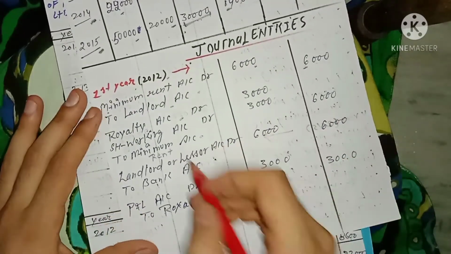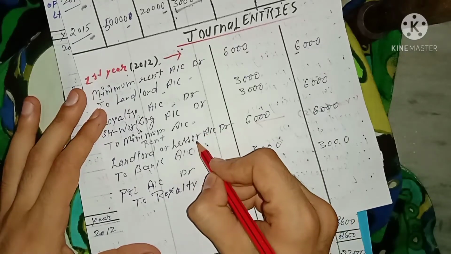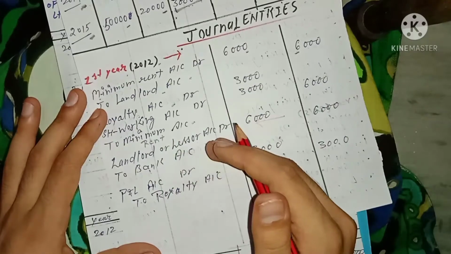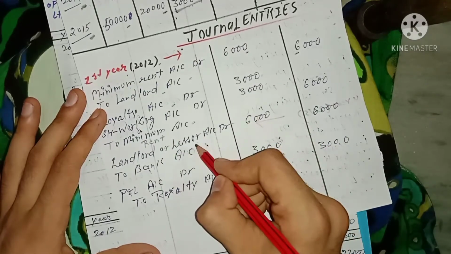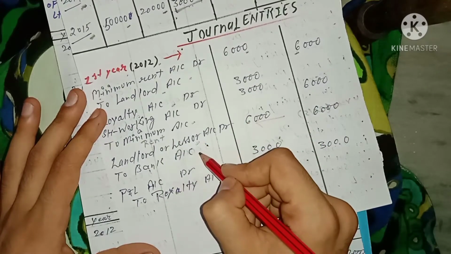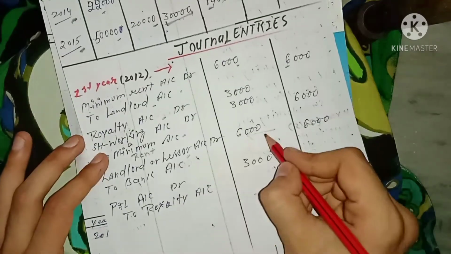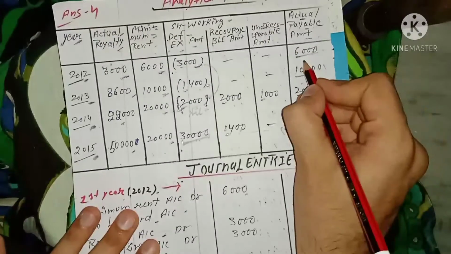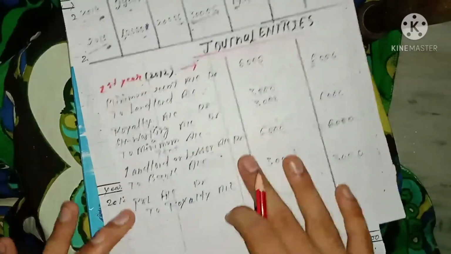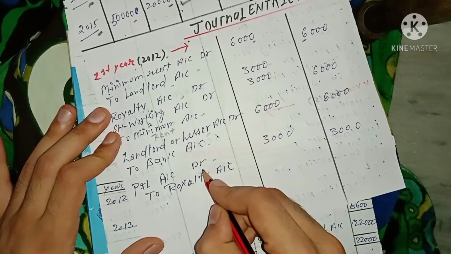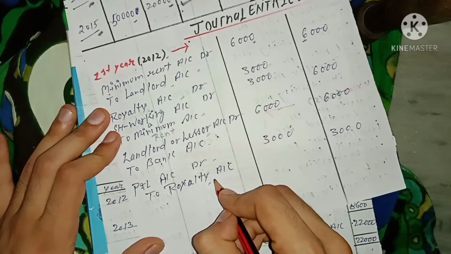Here you can see another simple payment to the landlord, as you used to do in my previous video. Simply you have to pay the amount to the landlord by passing the entry: landlord or lessor account debit to the bank, rupees 6,000. Here you can see rupees 6,000 and 6,000. And finally, as usual, we have to charge our royalty account with the P&L account, considering it